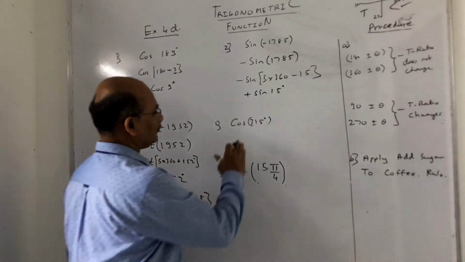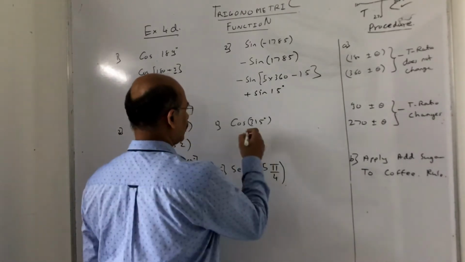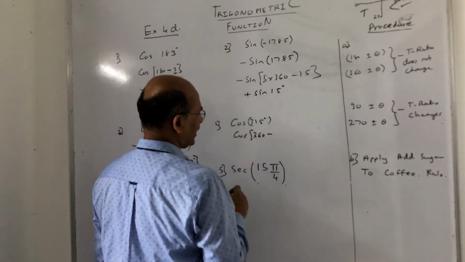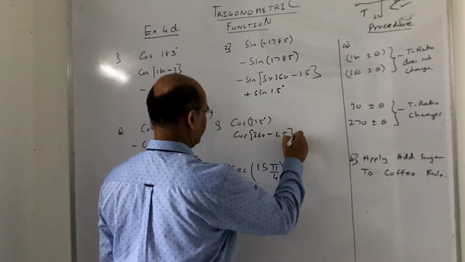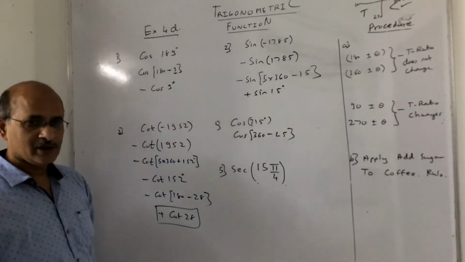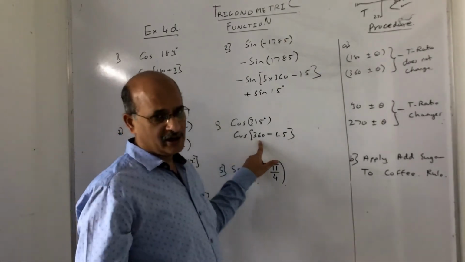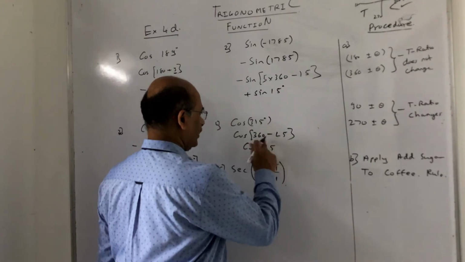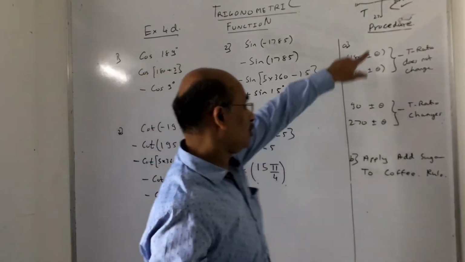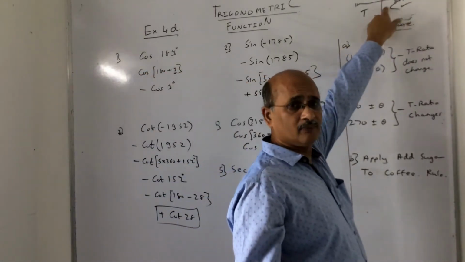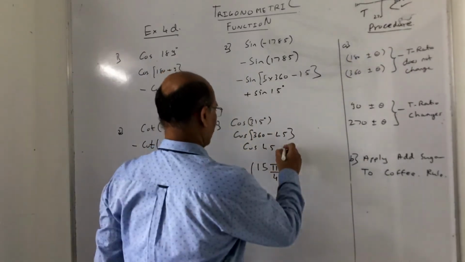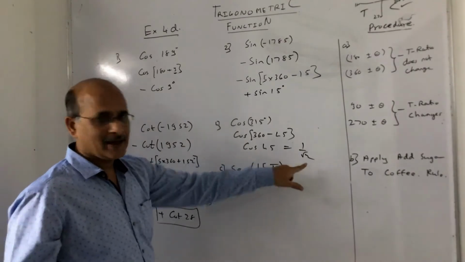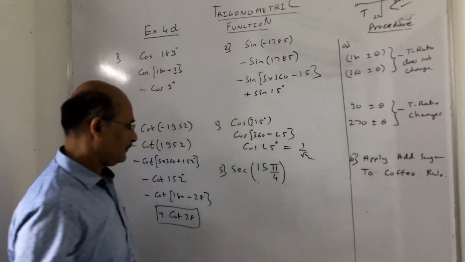Now similarly let us come to cos of 315 degrees. So cos of 315 is cos of 360 minus 45. The ratio remains the same. So it is nothing but cos 45. But 360 minus theta is fourth quadrant, so in the fourth quadrant cos is positive. No issue. Cos 45 is 1 upon root 2. It's a standard angle, that's why I can just write this value outright.